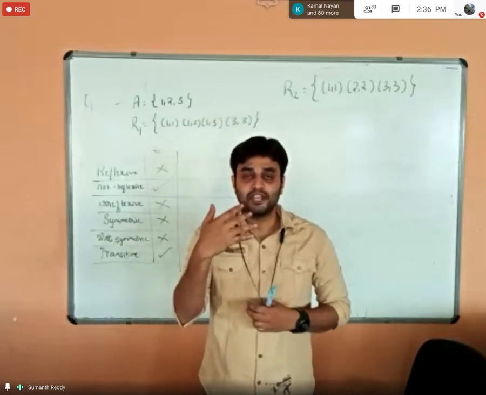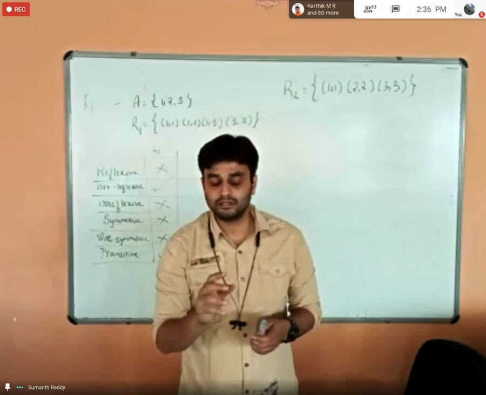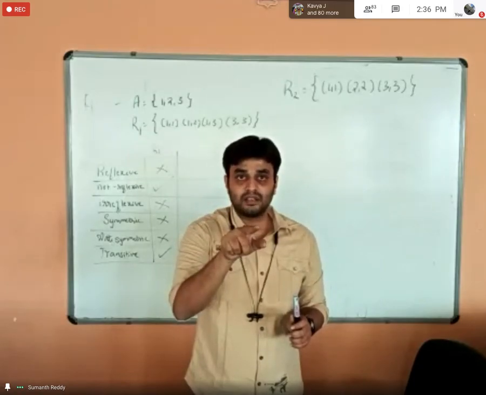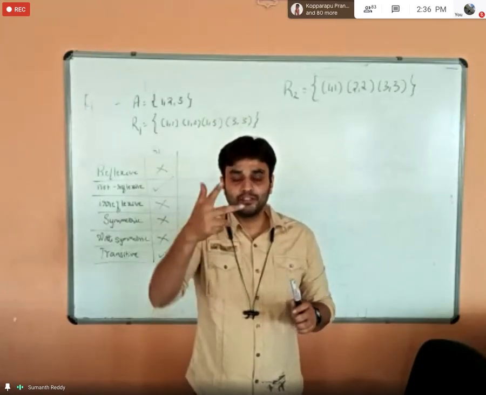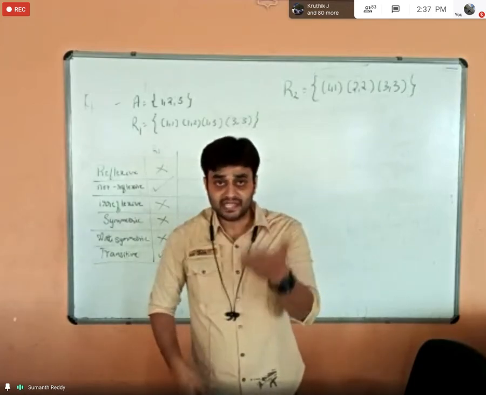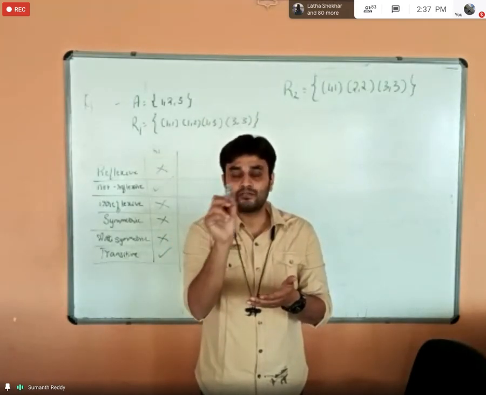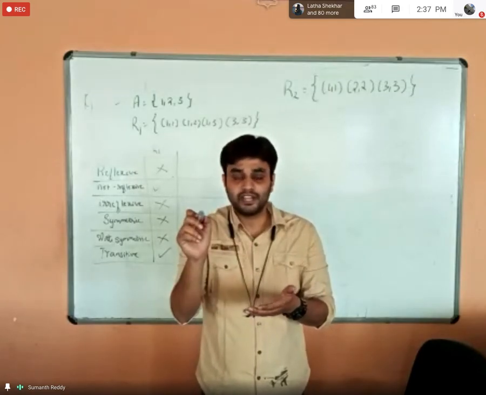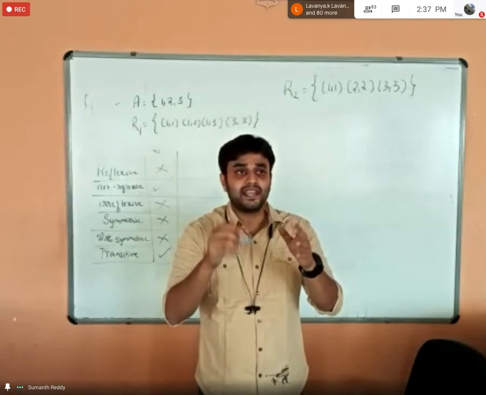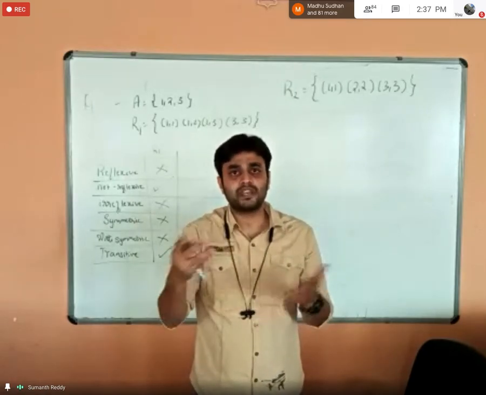For example, take the divisibility relation, which I said is anti-symmetric. In the divisibility relation, if x divides y and y divides x, then I can clearly say that x and y are the same. Why? You can take any example. If I take 2 divides 4, 2, 4 will be there, but 4 can't divide 2, so it is not possible. If both are possible, then I have to give examples like 2 divides 2 and also 2 divides 2, and 2 and 2 are equal.